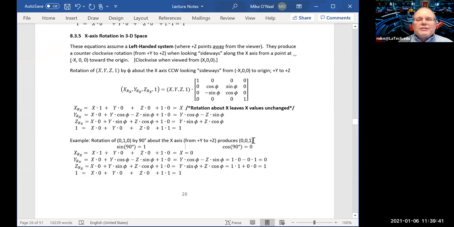So that's x is 0, y is 0, z is 1. So that's 1 unit into the positive z. And if we do the rotation, that'll go from positive y to positive z, right? You end up with